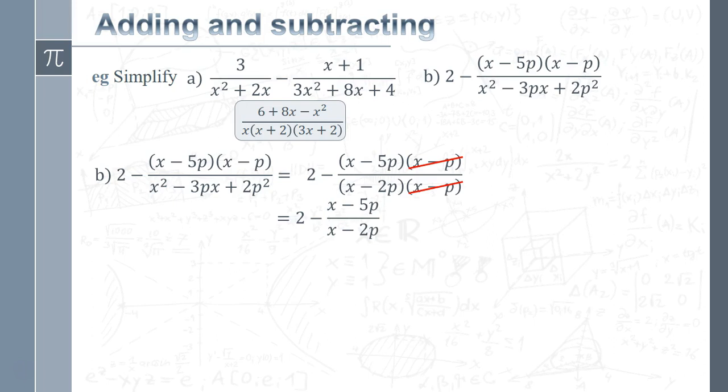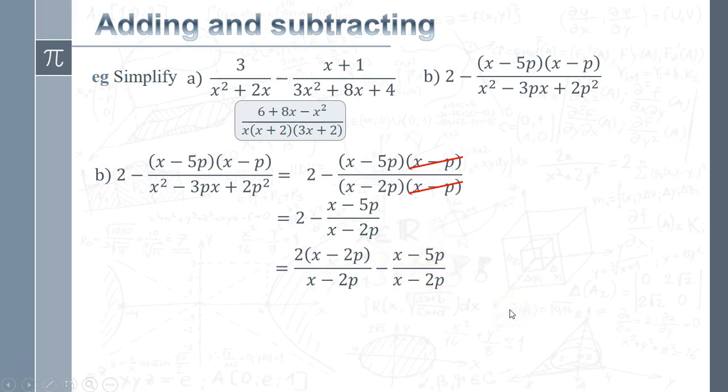Now we've got to deal with the whole number element of it, and the way to go about that is to treat that 2 as if it was just a fraction. So what I'm going to do is say, well, I need to have the same denominator, so I need this thing to have x minus 2p as its denominator. So what I'm going to do is multiply top and bottom by x minus 2p. So the 2, when we write it as a fraction, is going to look like that,